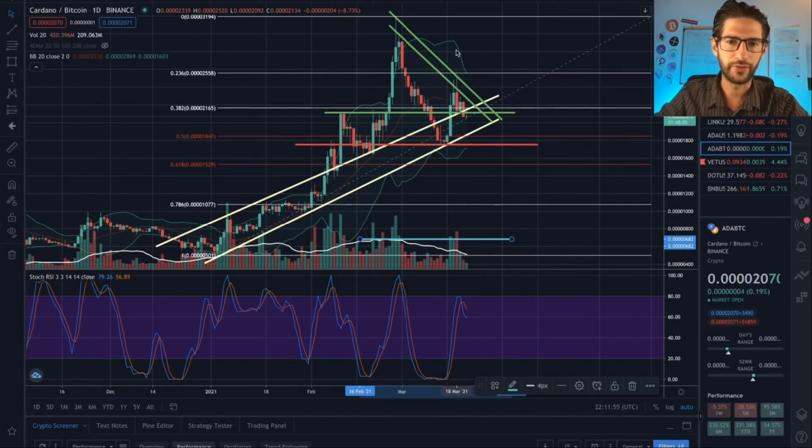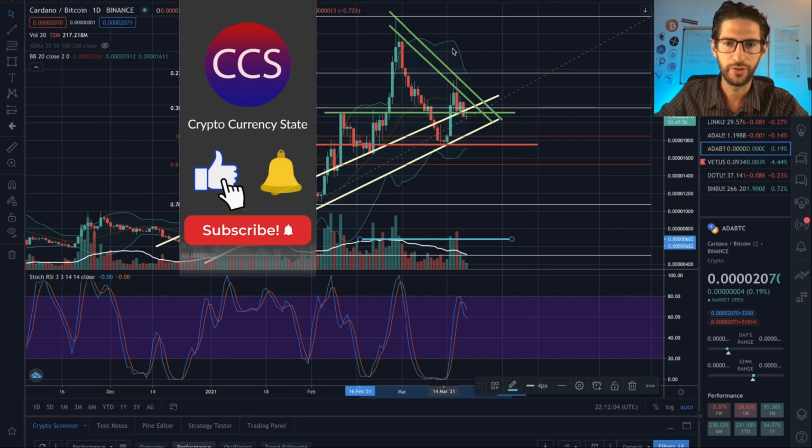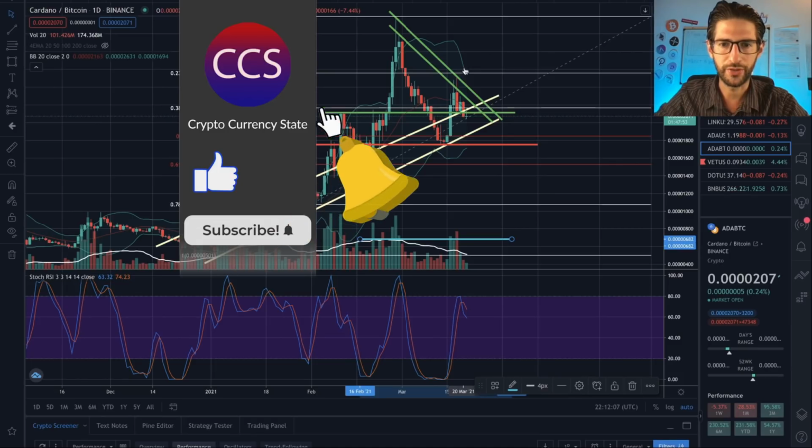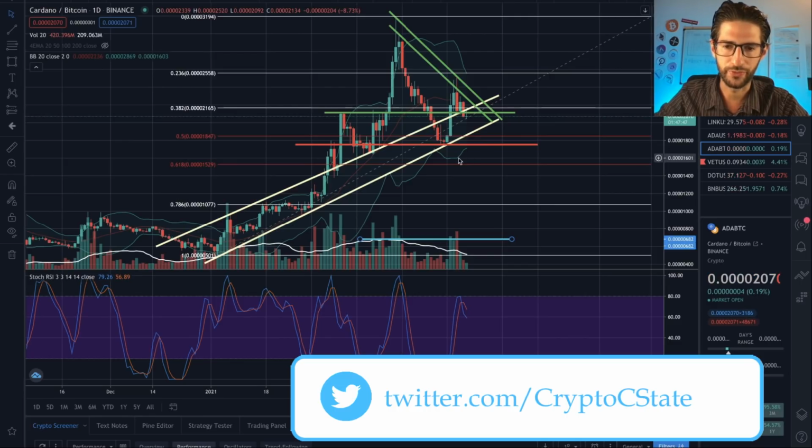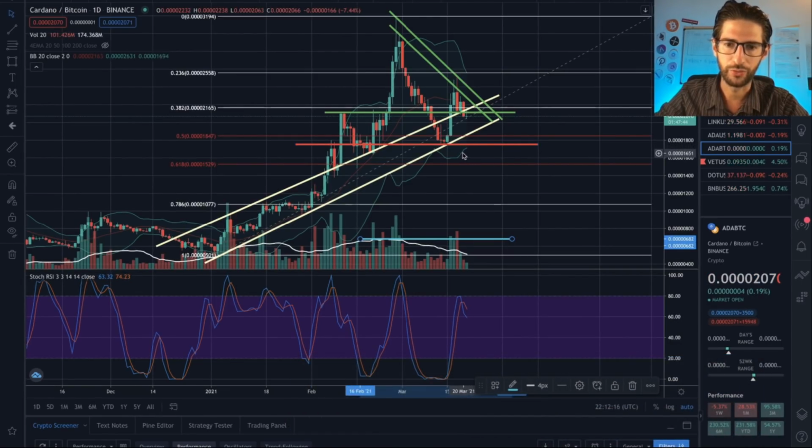Well, the Bollinger Bands in this case, ADA against Bitcoin, we have had a lot of volatility, so we are not in a clear trend right now in terms of the Bollinger Bands. What we can see is that both are trying to get into some kind of structure, so the downtrend of the band could coincide with this section of support that I mentioned before. This band is trending up while the other one is trending down, so we can see some kind of consolidation around the price that we are at right now. That would be healthy also, generating a new structure around these prices above the 0.5 Fibonacci level.